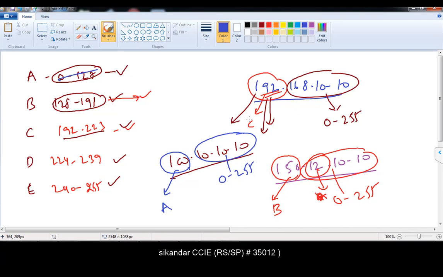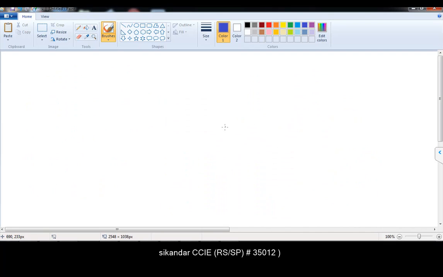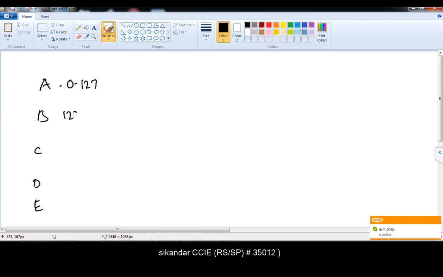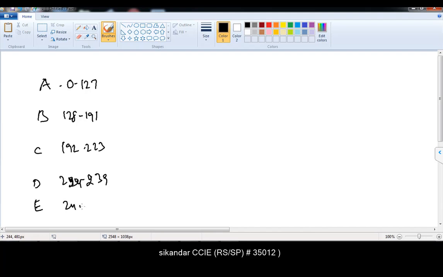So let's try to get into some more detail. We discussed that there are five classes: class A, class B, class C, class D and class E. And also we discussed that 0 to 127 belongs to class A, 128 to 191 belongs to class B, 192 to 223 belongs to class C, 224 to 239 belongs to class D, and 240 to 255